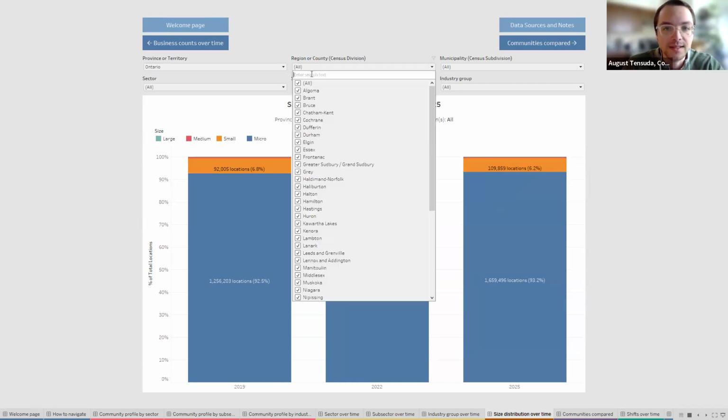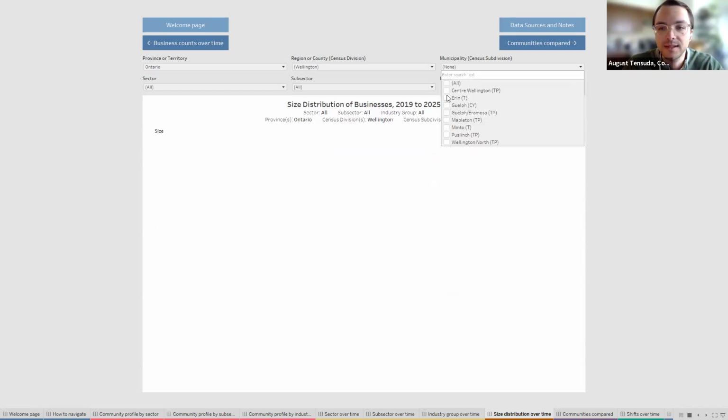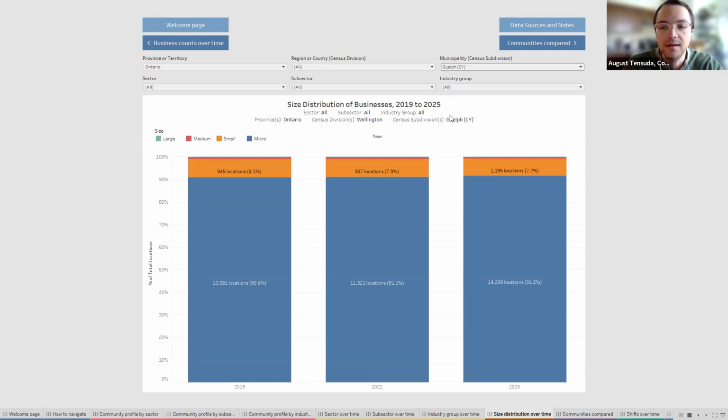Let's then go quickly to Guelph again, just to see what sort of story is happening in Guelph. And it looks pretty much identical to the story of Ontario, where we're having around 90% being these micro businesses, followed by small, followed by medium, and then finally large. I played around with this a lot, and I didn't find this graphic to be too helpful, besides just showing that these ratios stay pretty much the same throughout the years. But it is cool to see that large businesses only make up 0.2% of all the businesses, and small businesses make up 7.7%. So it's definitely very useful information for a single year. It just doesn't change very much over the years,